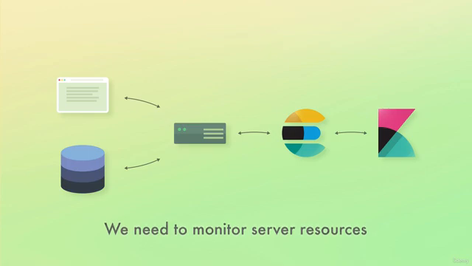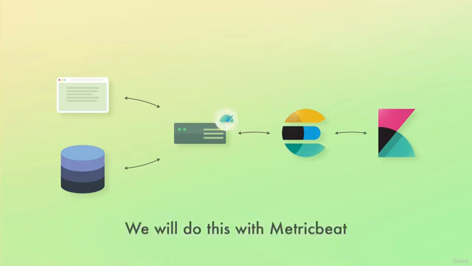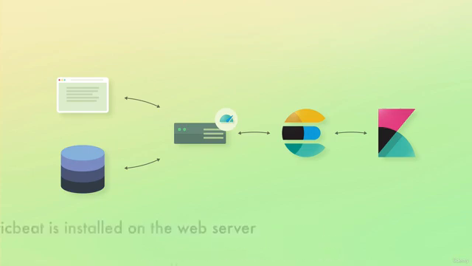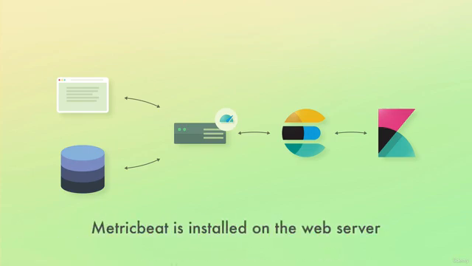A part of this is to handle spikes in traffic and knowing when it's time to add another web server. To help us with this, we have decided to make use of MetricBeat to monitor system level metrics, such as CPU usage and memory usage. We can also instruct MetricBeat to monitor our web server process if we want to.